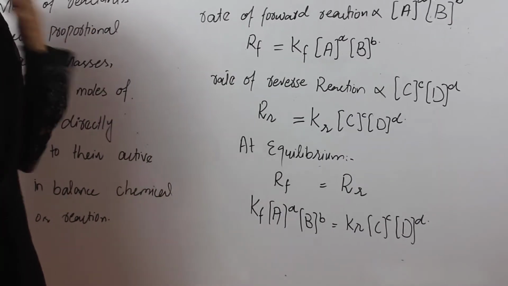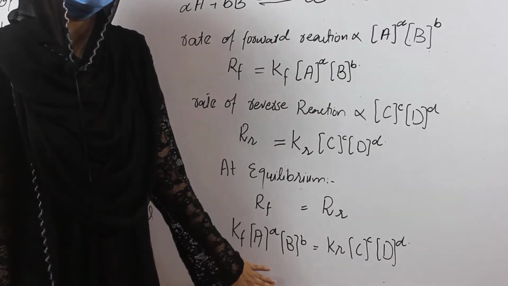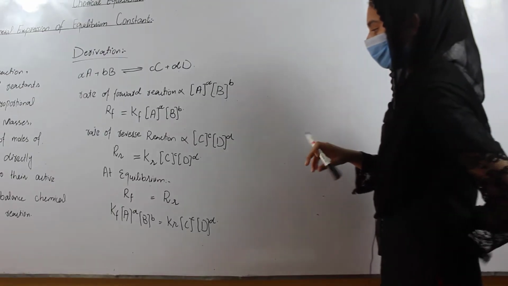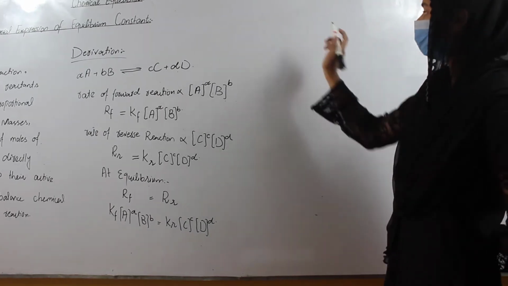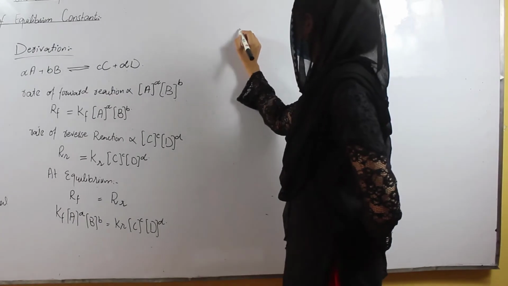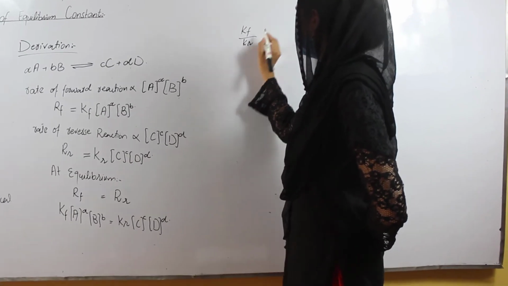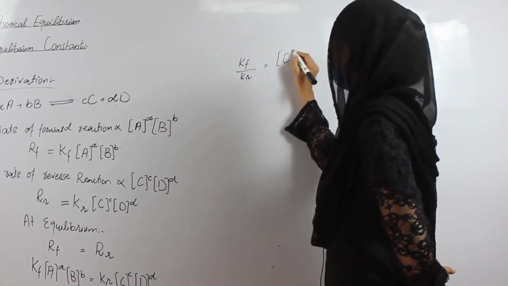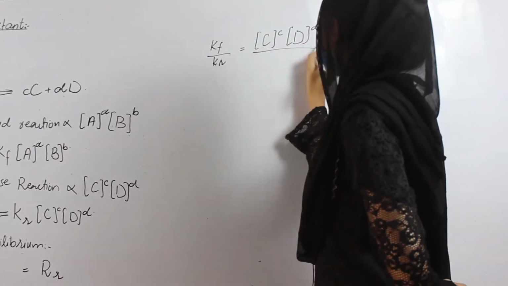Now at this position we are applying the cross exchange method. By applying the cross exchange method, constants are put on one side of the equal sign and the variables are put on the other side of the equal sign.